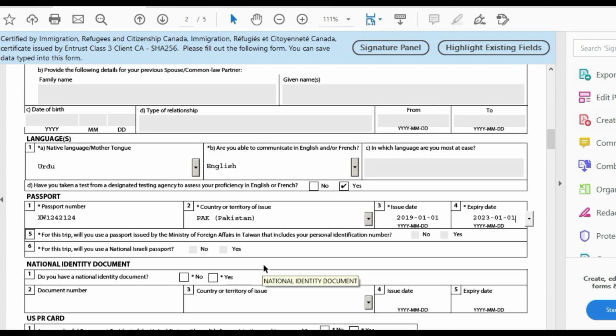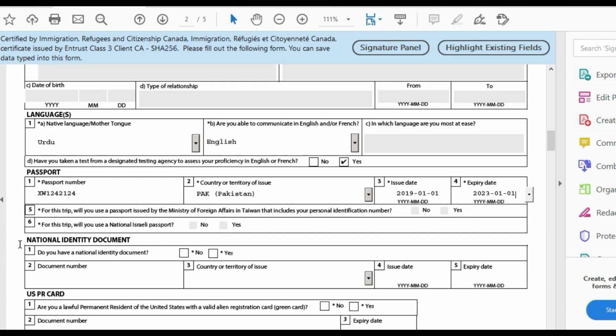Then national identity documents: if they require you to write it, otherwise you just leave it like that. Do you have a national identity document? If you have, you have to say yes. If you don't, you just say no.